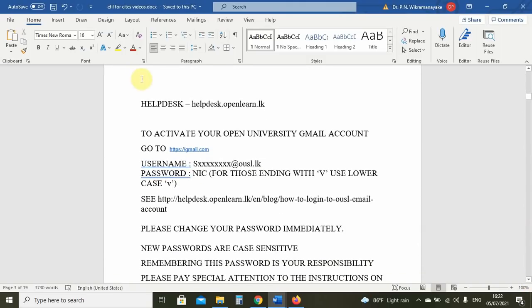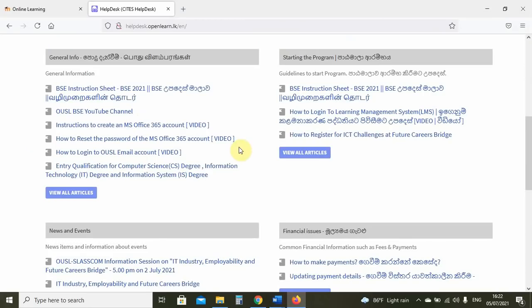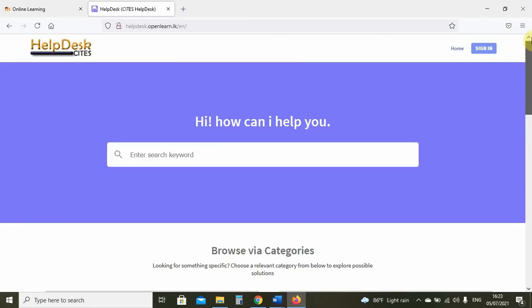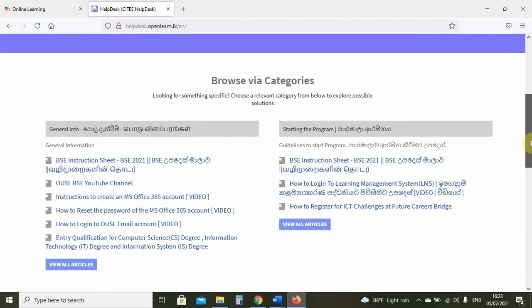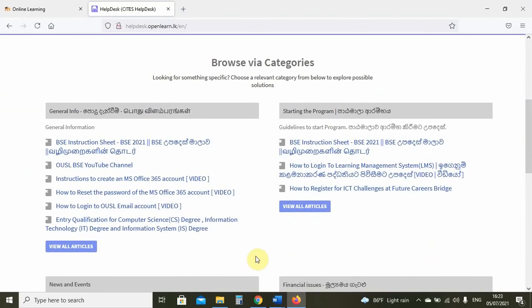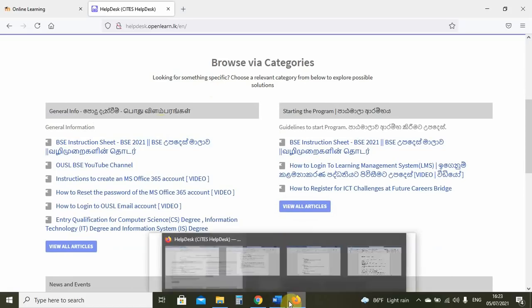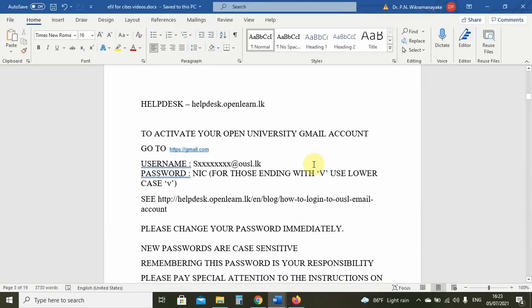The next thing I want to talk about is the help desk. So we have set up a help desk to assist people who have problems. This is the first page of the help desk. This is a work in progress. It is being developed every day, and one thing we are working on is translations to Sinhala and Tamil for those whose English is still not as good as it should be. We will come back to the help desk later. In the meantime, let us continue.